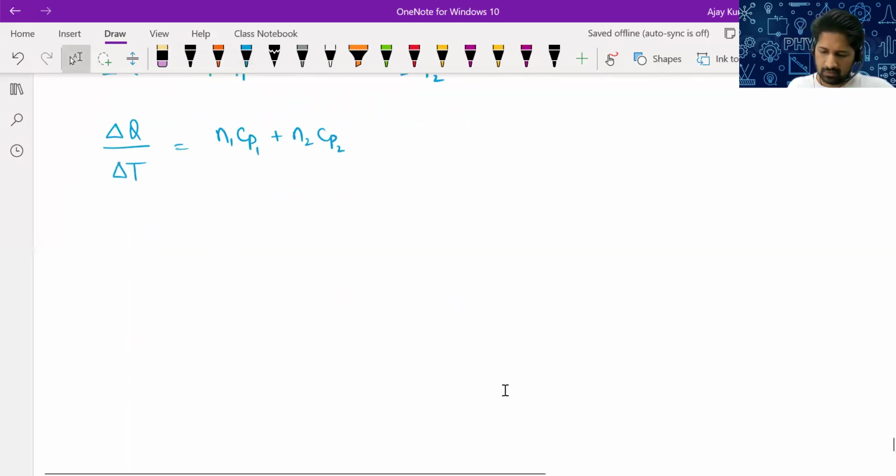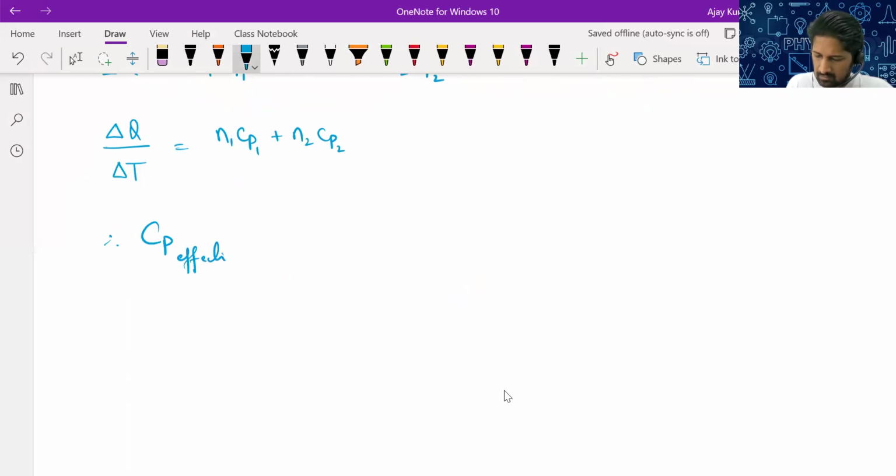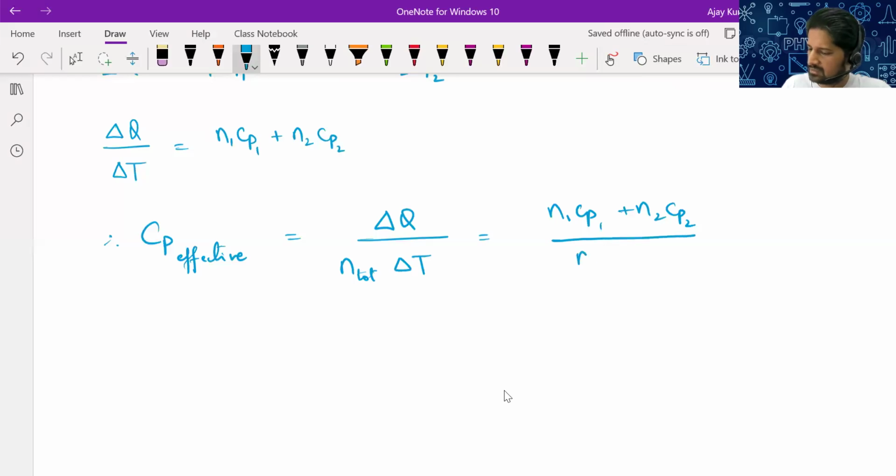Therefore, if you want effective Cp, delta Q by total number of moles times delta T. Now delta Q by delta T is n1 Cp1 plus n2 Cp2. Total number of moles in that system is n1 plus n2. That's all. This will be the effective specific heat